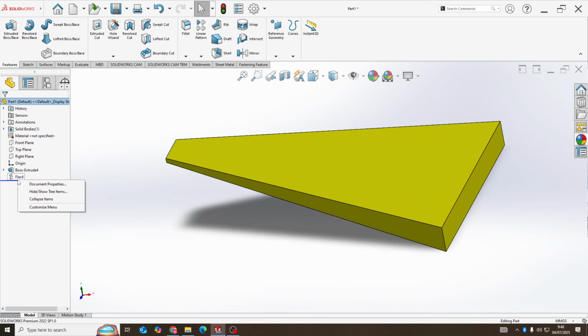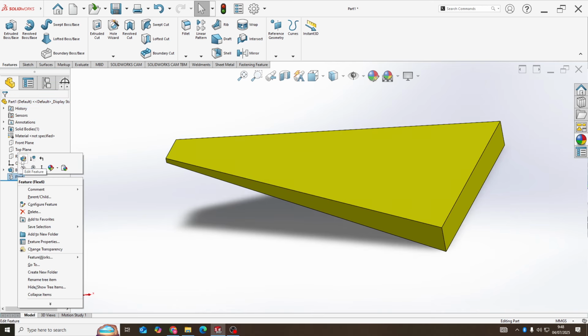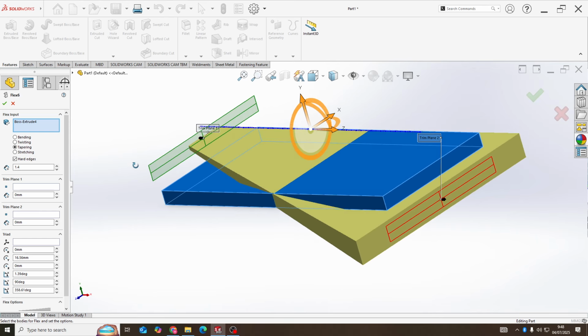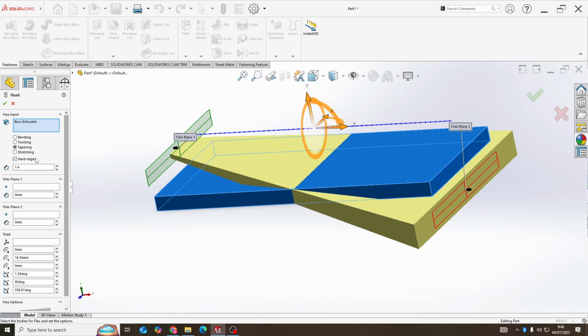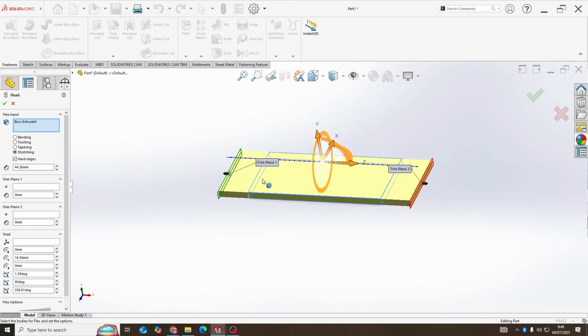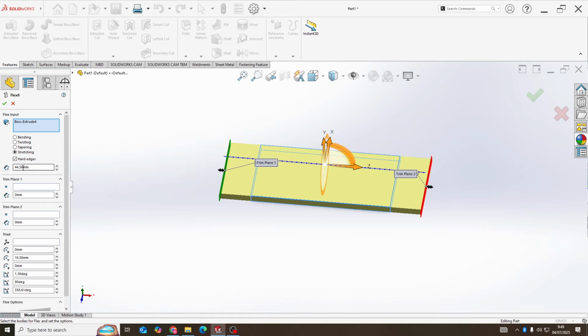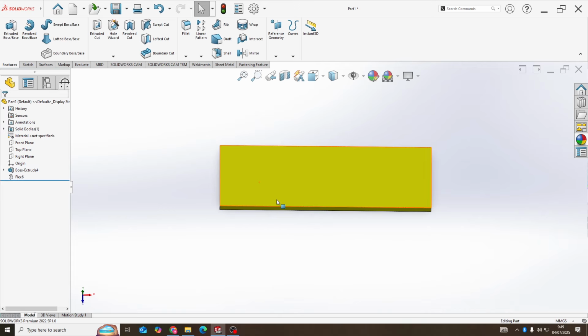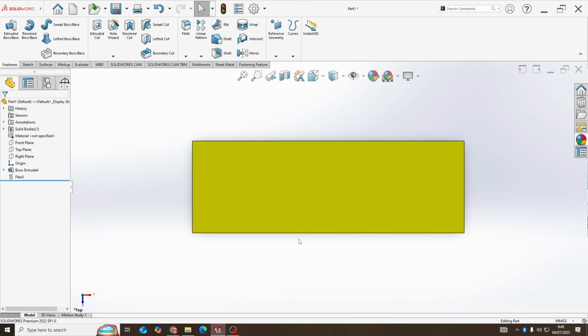And we can edit again, right click and edit feature. And last, we can try the stretching feature. I think the stretching is to adjust plate length. We can set the length here, for example 50 millimeter, and click OK. The original plate length is 100 millimeter.